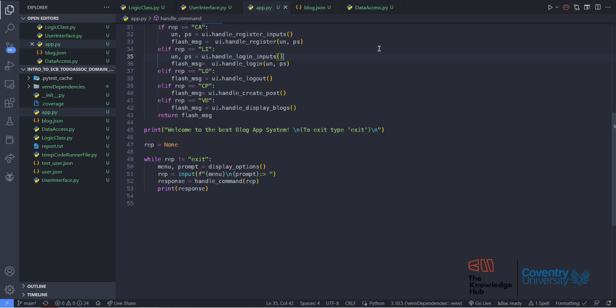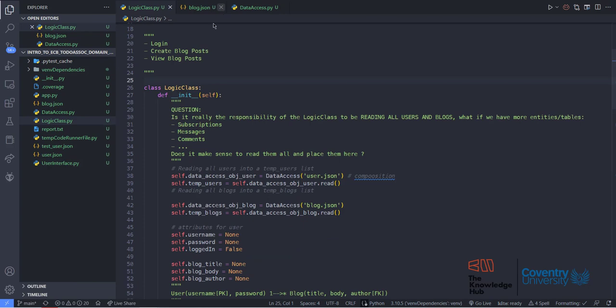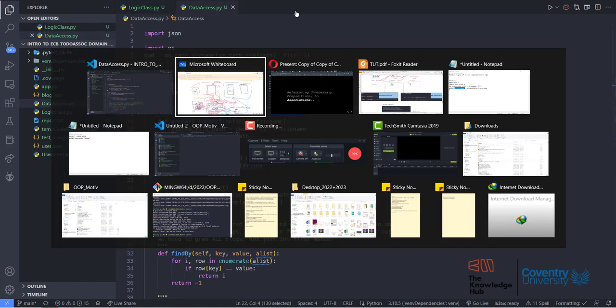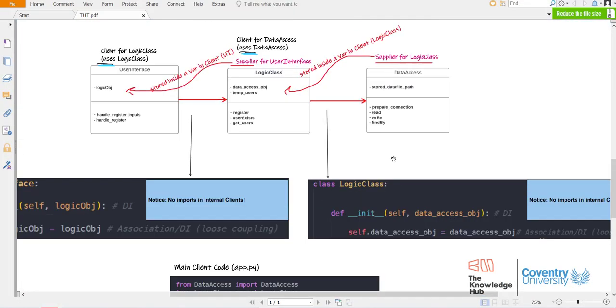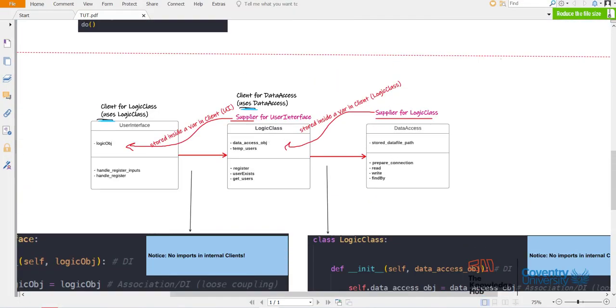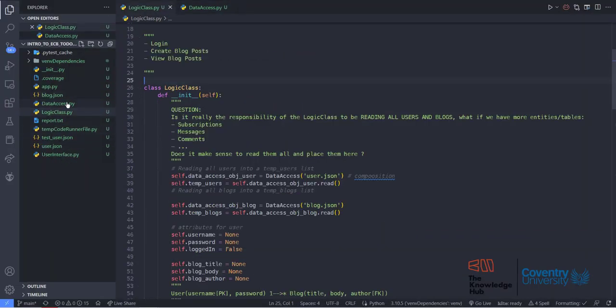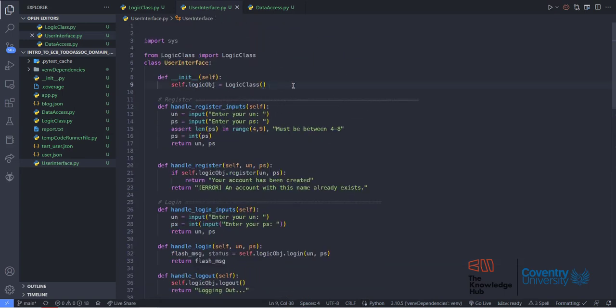Let's start writing some refactoring to transform the compositions into associations. I'm just going to start from the first layer here. Let's just do this one. This is fairly simple. I'm going to go to the user interface and start from the start. So we have composition here. Now to transform the composition,